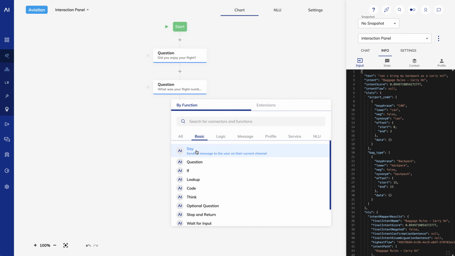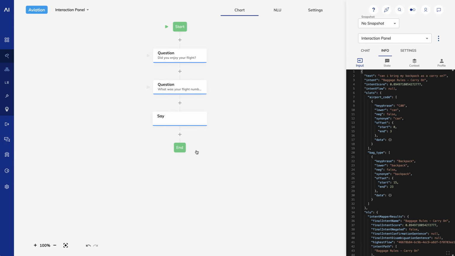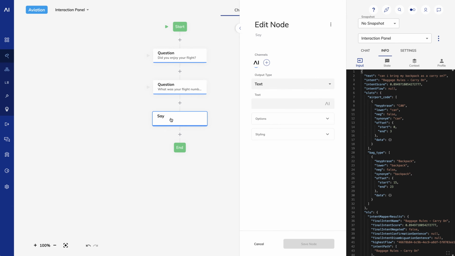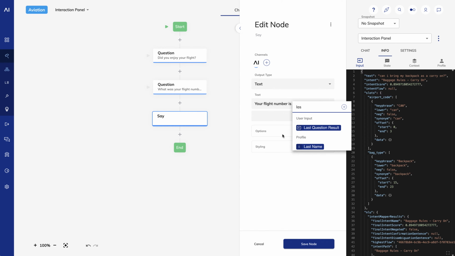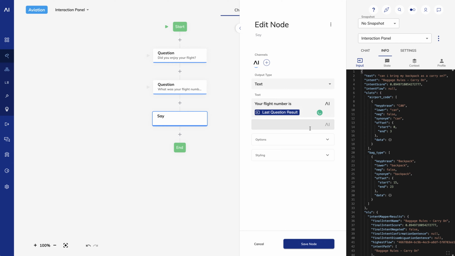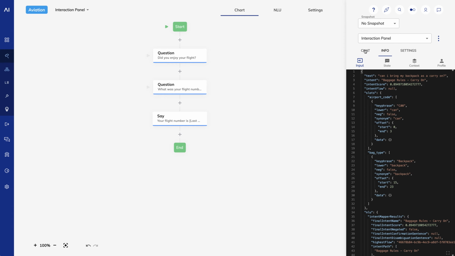Now I'll add a say node to output the flight number. Your flight number is last question result. Now let's run through it.